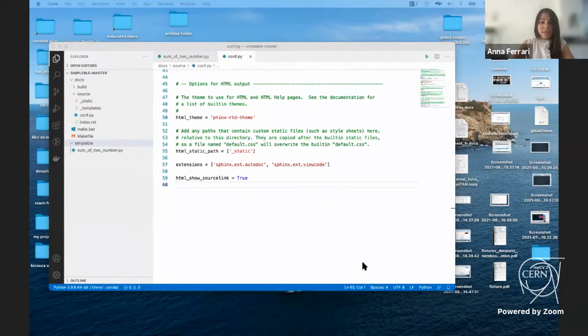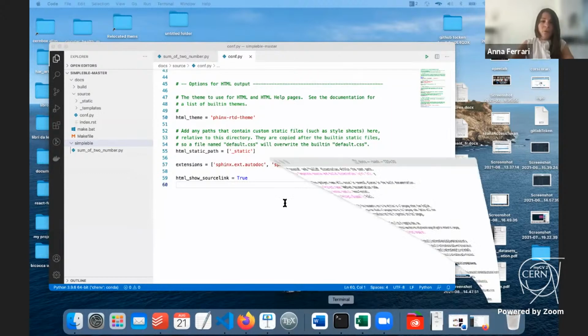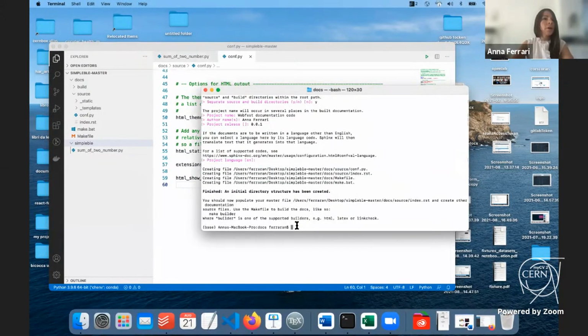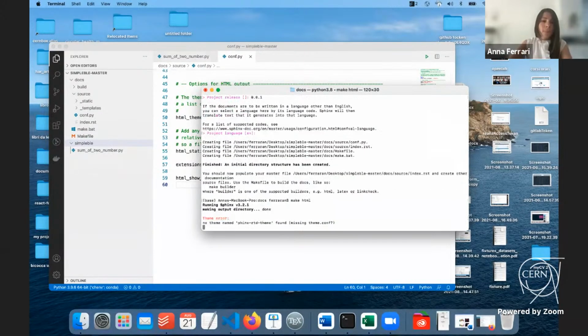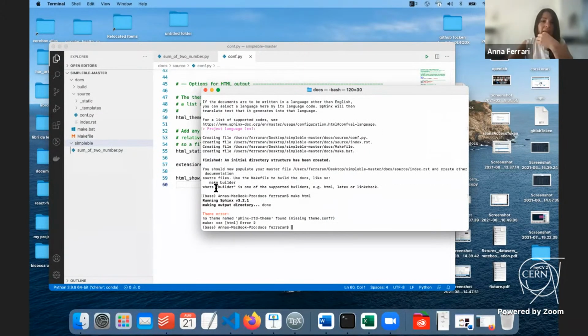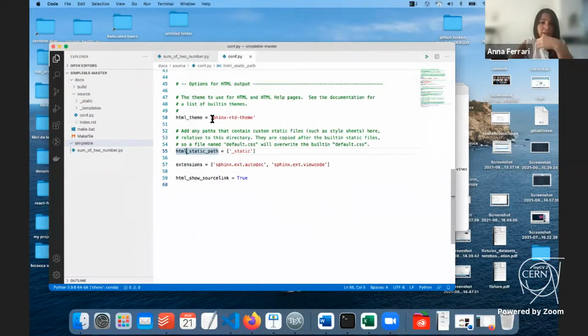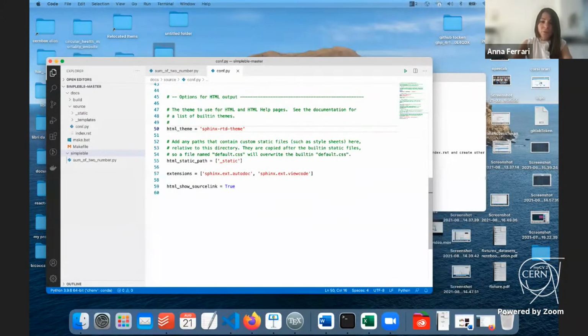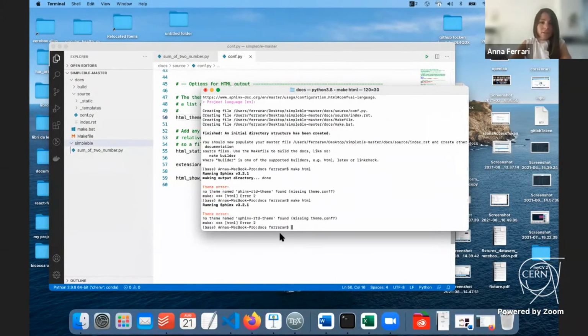Perfect. And then we can try to see what happens if we ask Sphinx to make our HTML. So we are always in the folder docs, and we ask, okay, please make HTML. Okay, I have an error. Of course, the theme is not Sphinx by Sphinx. So I have to correct this part. Again, LTD theme, sorry, I have to check if I wrote it